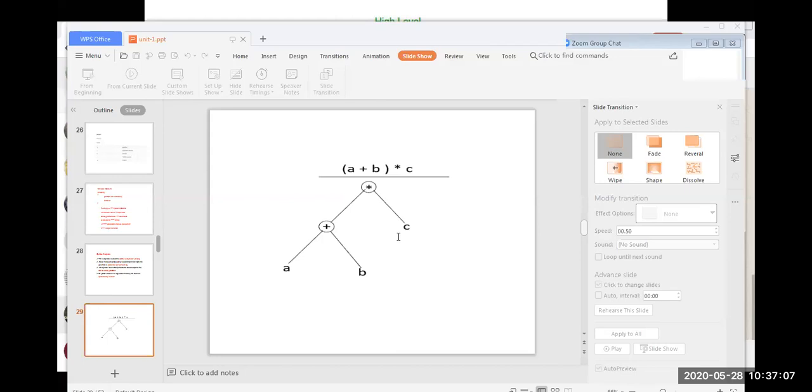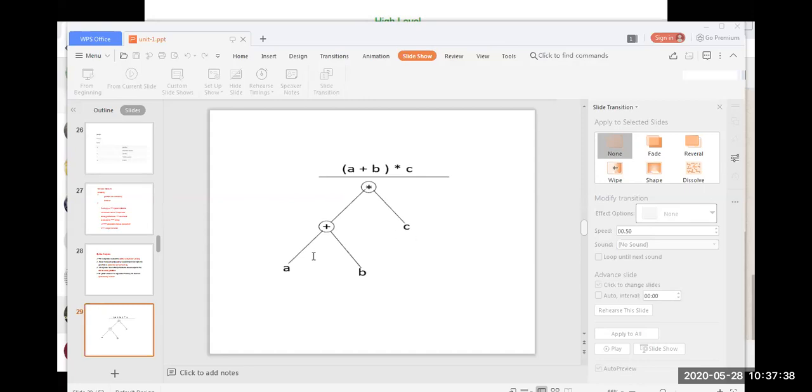Next, if you take keywords, all keywords must be in small letters only. Int, you have to write in small letters only. If I make the I capital, it is also a syntax error. It will not recognize Int as a keyword. It won't accept it because the I is capital. It is not according to the rules and regulations of the language. Like that, it will identify a set of rules, and syntax errors will be there.